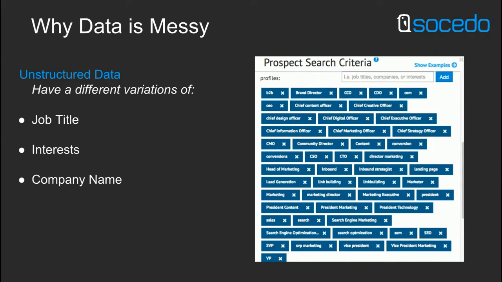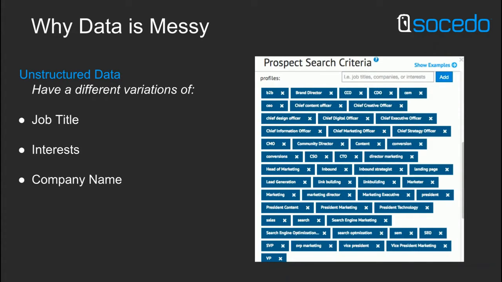The other problem with marketing specifically is that we live in the world of unstructured data. Sales gets the benefit of having direct calls with people, and they're looking for some specific requirements. They have some unstructured data as well. They like to talk to people about what are your interests, what are your use cases, how are you currently running your business, and they put those into fields in Salesforce. But for the most part, their database and the sales side of things is pretty straightforward. It's pretty regulated.